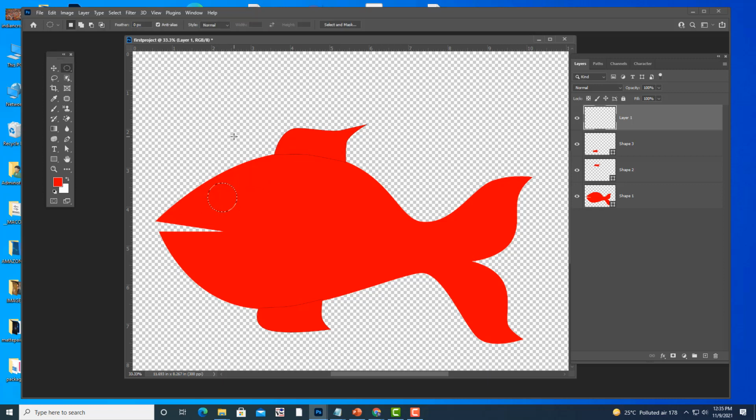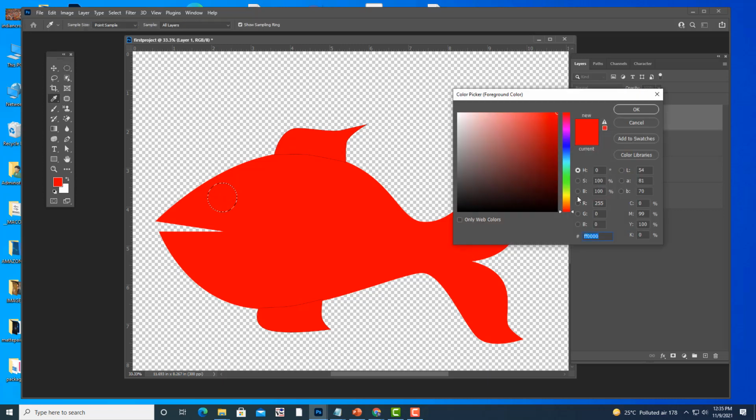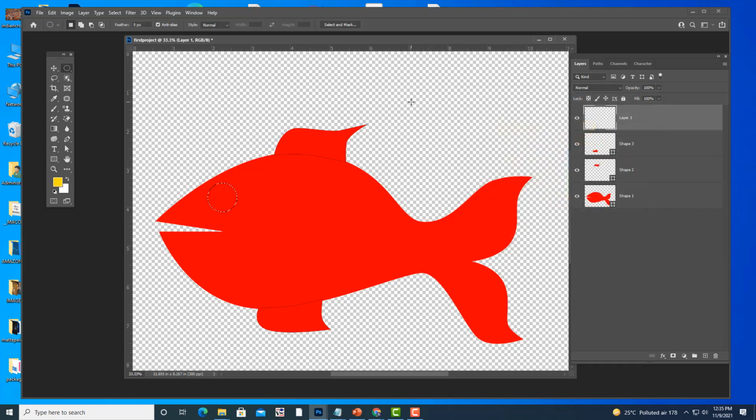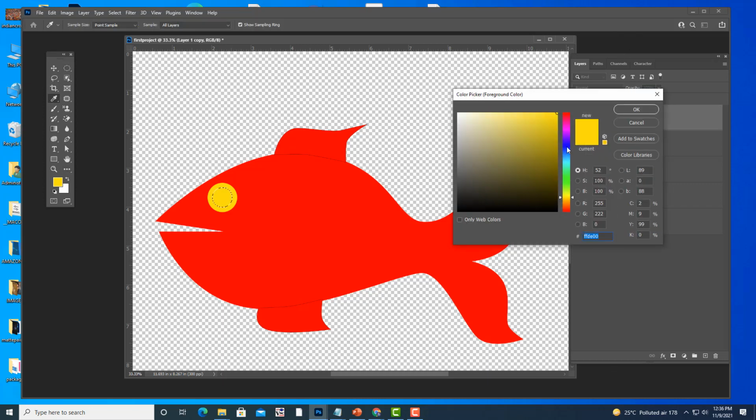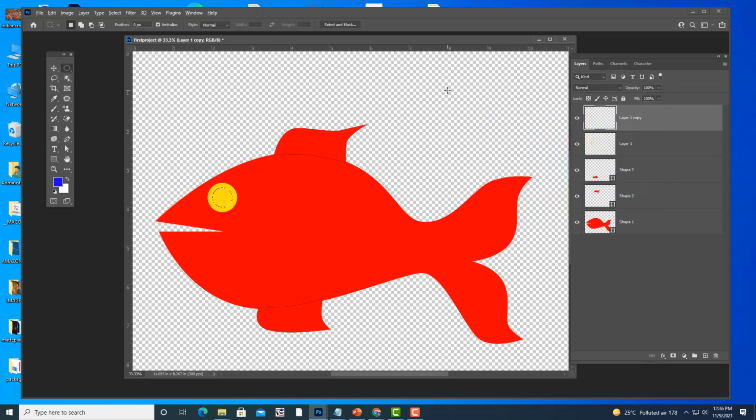And then if you want to apply some color to this, we will apply a yellow color, Alt and Backspace. Okay, and then what you will do next is I will take one more duplicate, Ctrl J, and then I will make it a little bit small. So you can use center scale. What is the shortcut for center scale? In new versions, Alt and corner drag, that is center scale. Okay, and then let us give it a blue color, Alt and Backspace.